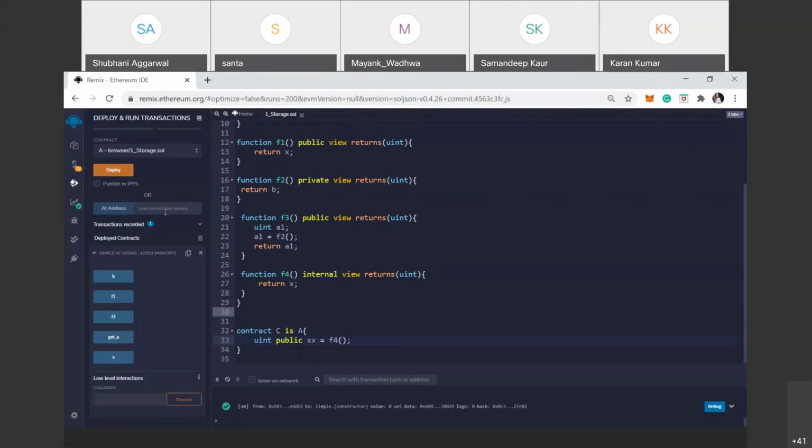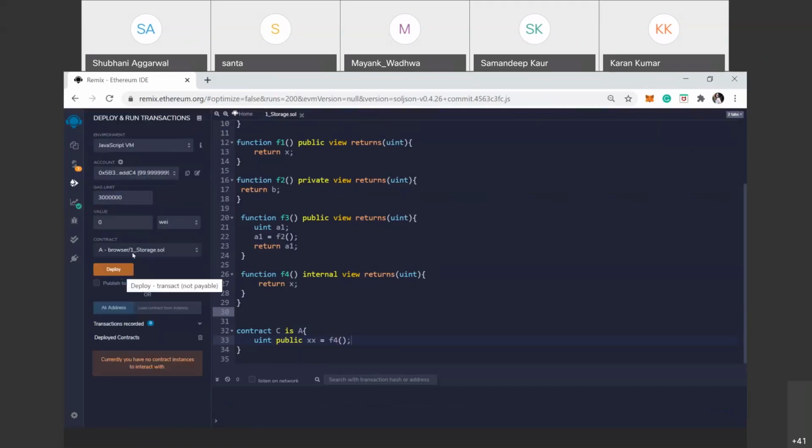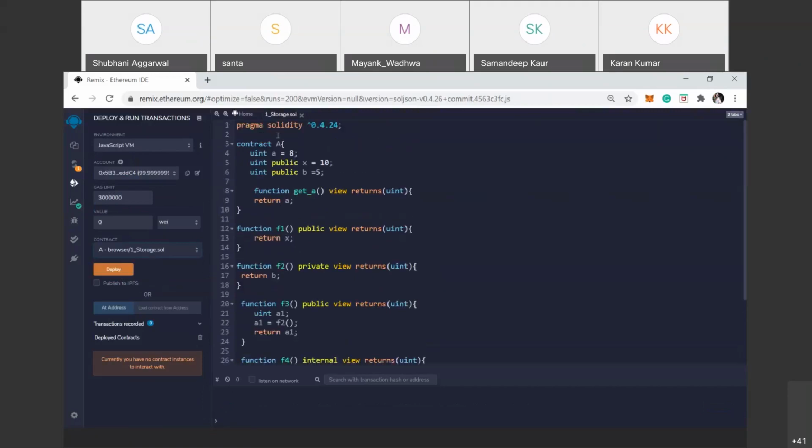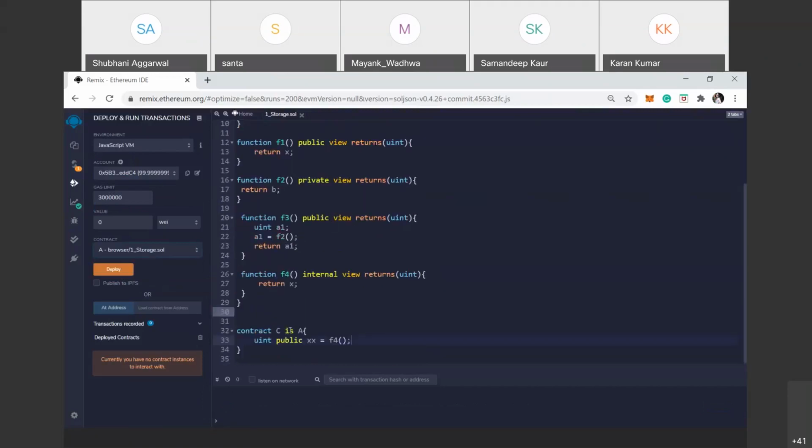If you clear this screen, we can see here two contracts, A and C. The first contract is A and the second one is C. If you deploy the C contract, you should select C and deploy.